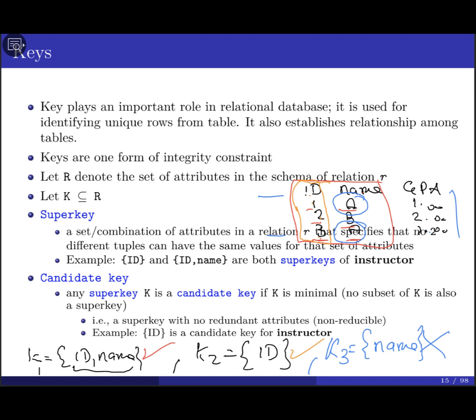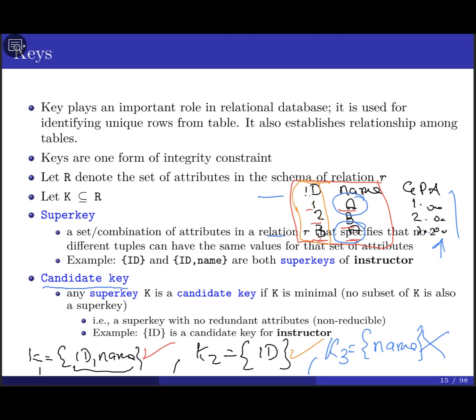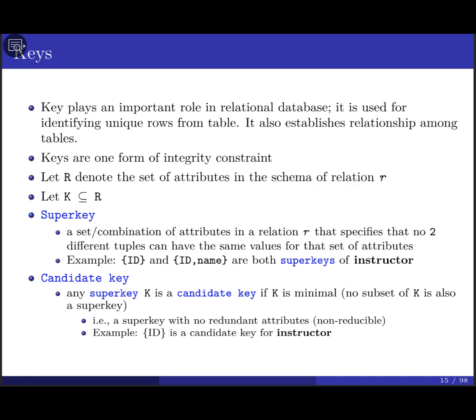So the candidate key is any super key, so it must satisfy this condition plus something more. We said any super key is a candidate key if K is minimal. What does it mean to be minimal? That means you cannot break it down into a subset of the super key. For example, we said the ID and name are a super key. Let me do this one again here. We said the ID and name